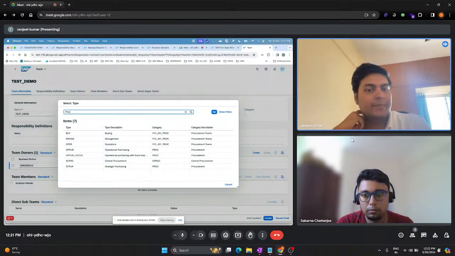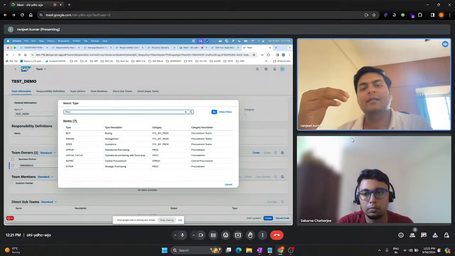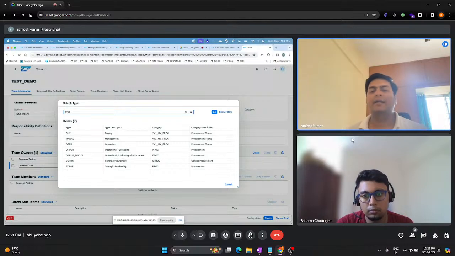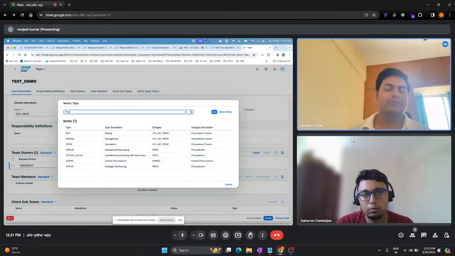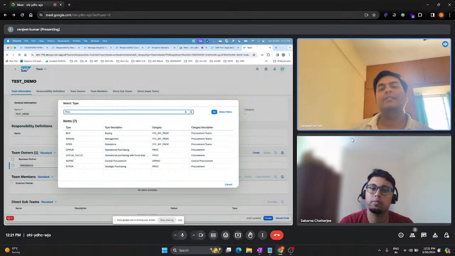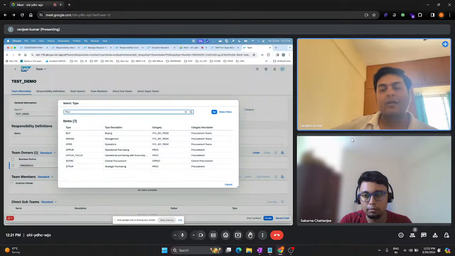There are many team categories and types delivered from the SAP side. But we are not saying that all business needs and all partner needs are delivered, we are not giving any consent like that. We have offered many things, but we have also given the flexibility of extension or customization. Suppose you have a custom business problem, something that belongs to services.